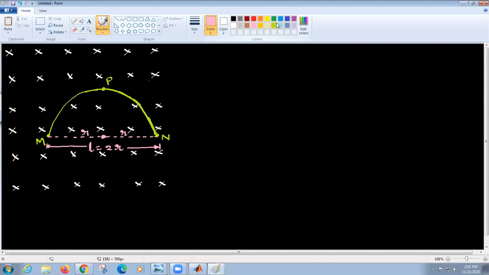I take one more color. What is this length here? R, sir. Yeah, obviously, because it's a semicircle, so it must be the same radius R. Now the question is, you're moving this towards the right.